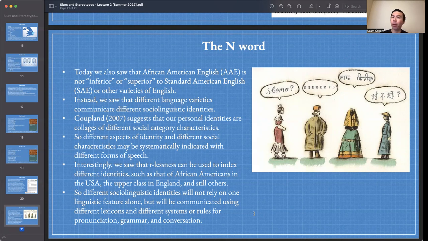However, if I'm giving a professional lecture, or if I'm meeting colleagues for the first time, in order to index or convey my social identity as a professor that is well aware of the conventions of standard American English, I may modify my speech pattern to communicate my group membership, not necessarily my intelligence, okay? Because again, even when I'm speaking informally, I still have a PhD in linguistics. It doesn't make me less intelligent for speaking that way. I'm just communicating different things about group membership, okay?